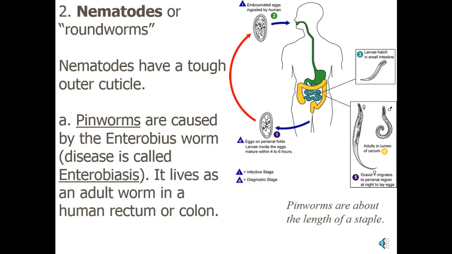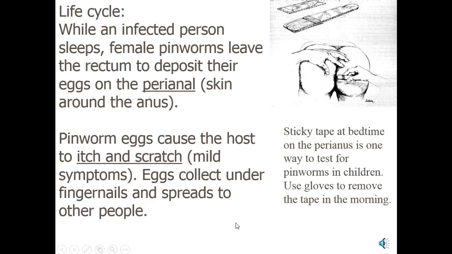It's one of the most common worm infections of developed countries. They're about the length of a staple, and if you'll see this, we ingest it, and sometimes these darn eggs are so small they're airborne. You can inhale them, and then the adults live in the rectum, lower part of the colon. The life cycle,